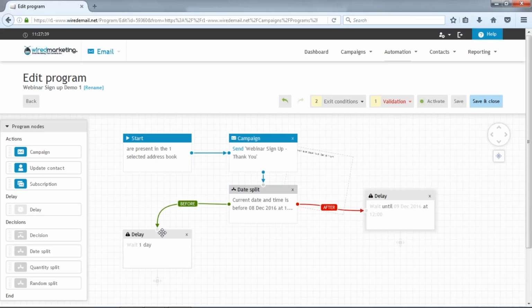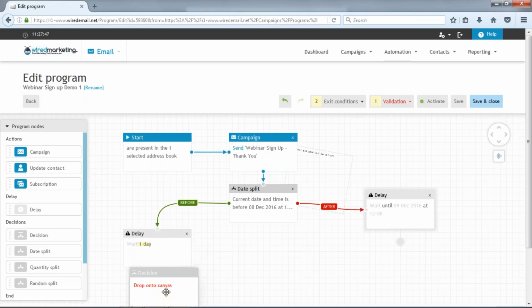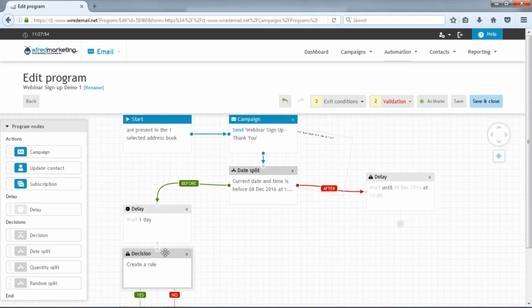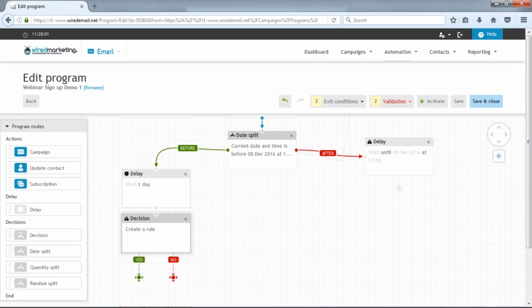So back to the before route. We're going to put a decision in here whether they've opened up the webinar thank you email that we sent. So we need to put a decision node in, and again we just drag that in. So we're delaying 1 day, and we're going to make a decision based on whether they've opened the email that we've sent or not. So if they've opened, what we're going to do is